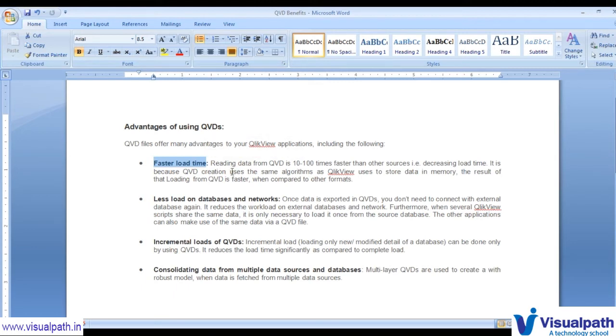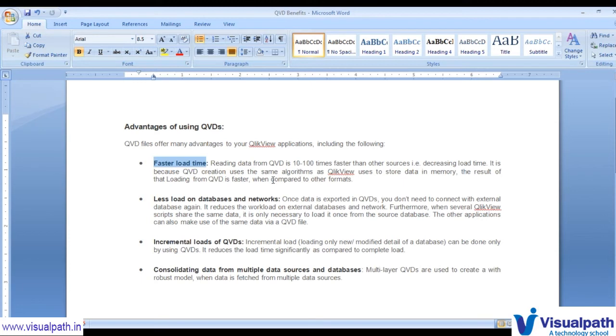Let's say there is 1 GB or 2 GB of data, and you are loading it into a single application in QlikView, and then you are creating your visualization in the front end, and then you are sharing the single application with the client, right?